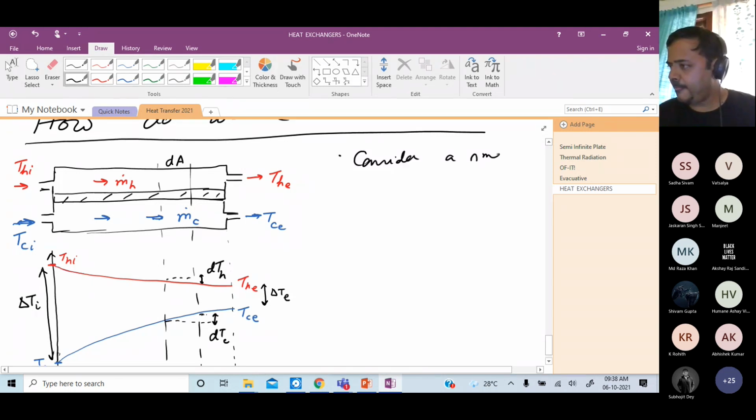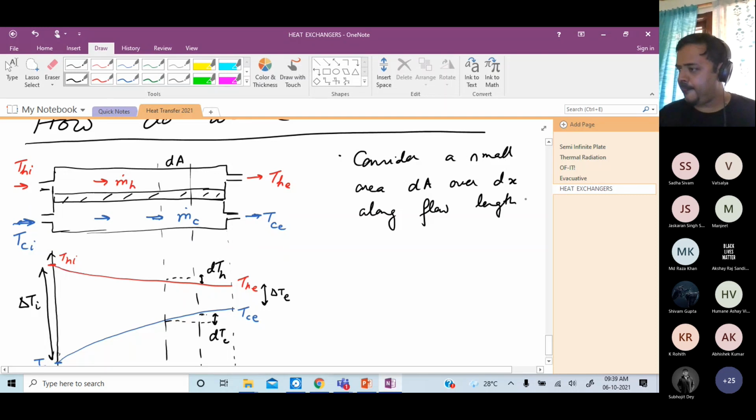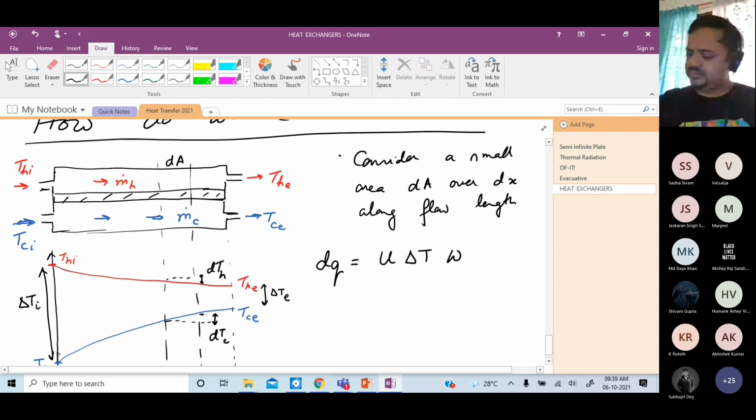Consider a small area dA over dx, length dx along the flow length. So I can write dq is going to be what? U delta T W dx, where W is the width in the third dimension. This is equation 1. Equation 2, minus m dot h